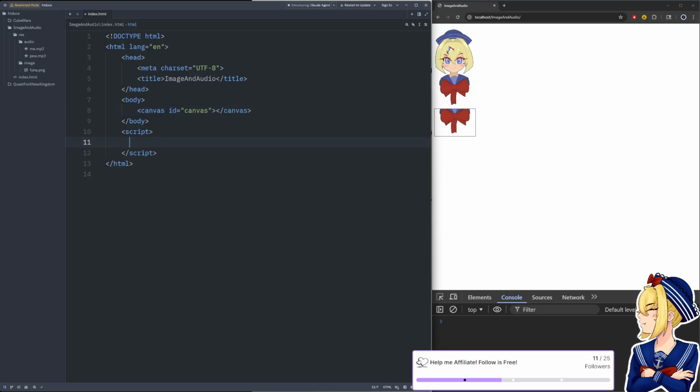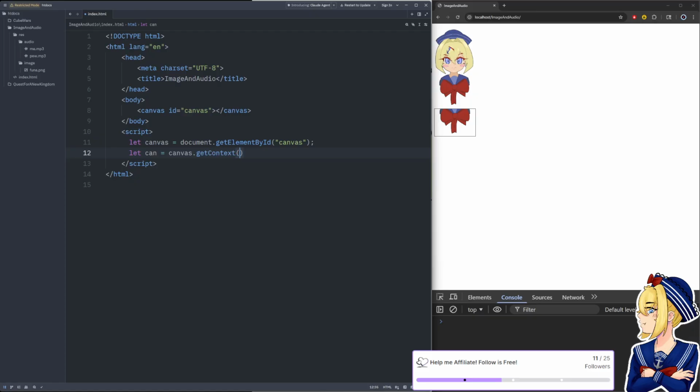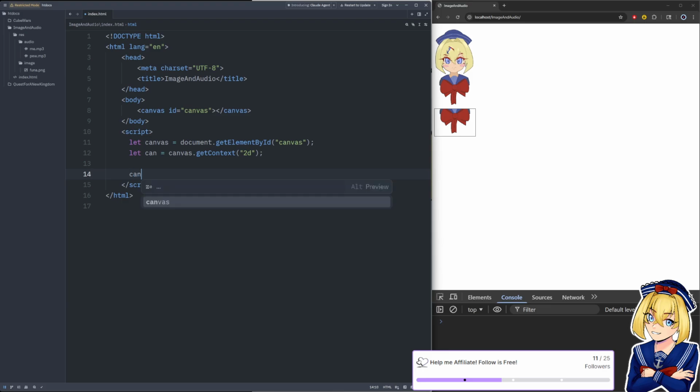We'll say let canvas equal document get element by ID canvas, let can equal canvas get context of 2D. Okay, and then we're just gonna say can dot clear rect 0, 0, canvas dot offset width, canvas offset height.